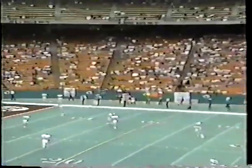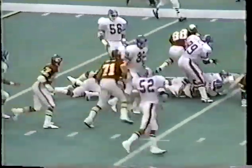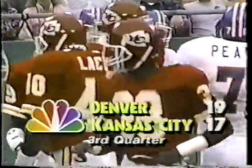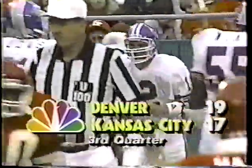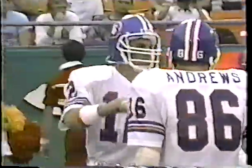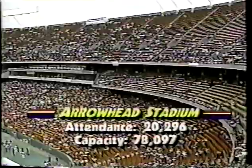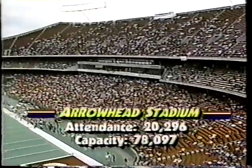And now the kickoff downfield goes to LaRon Brown. Brown brings it back to the 27-yard line. Knocked down by Gary Spann, not to be confused with the longtime Chief linebacker of recent years, Gary Spani. Attendance is just over 20,000 today. As we mentioned earlier, this game was sold out in September. Would have been televised locally, but